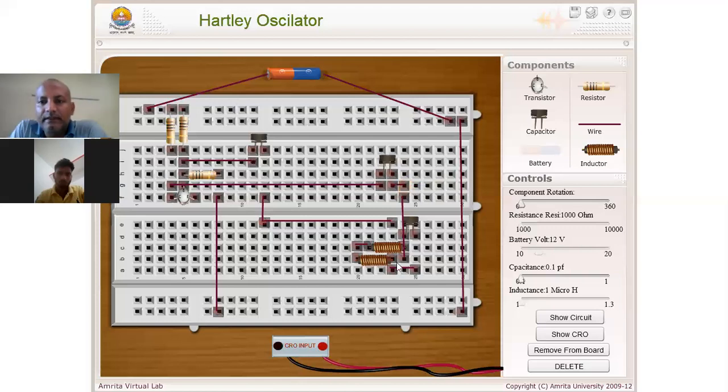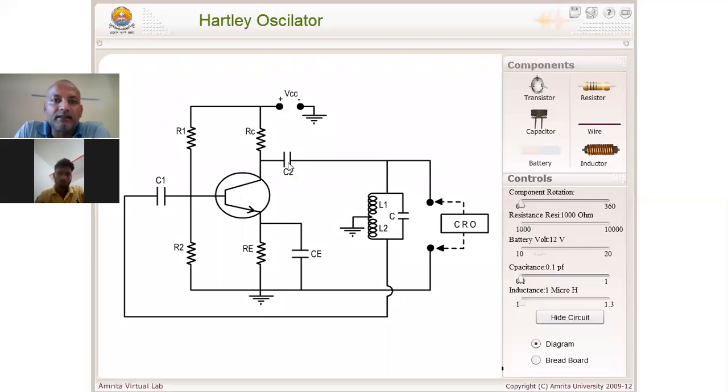One end is connected to the collector, and the second to L1 and C, and from this we give a connection to the CRO.